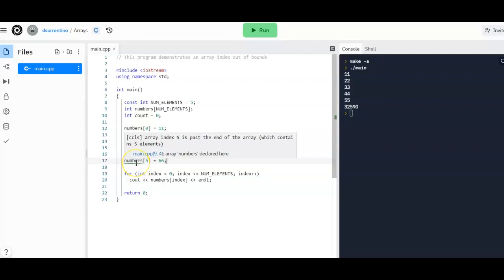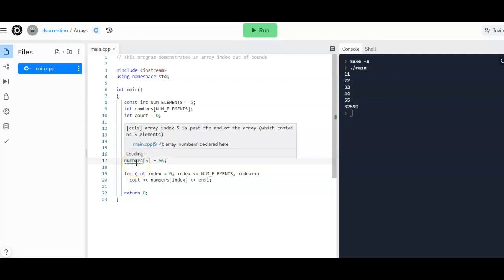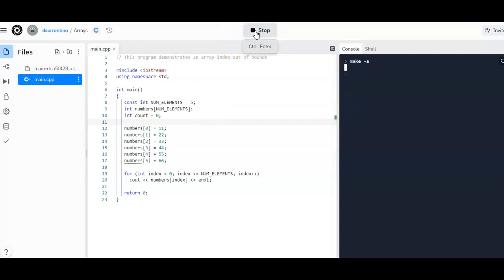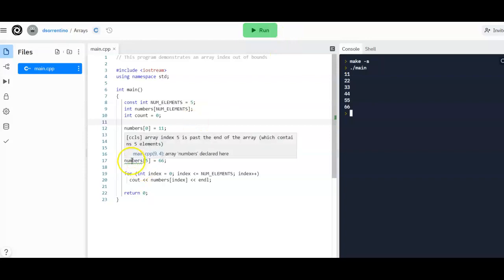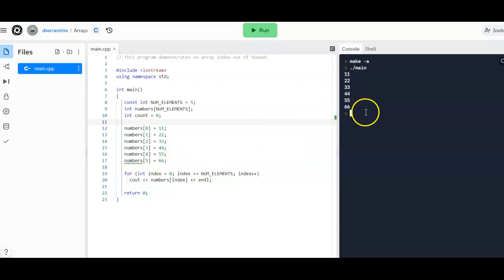this actually gives me a message. Array index 5 is past the end of the array, which contains 5 elements. Oh, that's a good message. So you are getting a message there. Let's see if that's a warning message. It's more of a warning, but that's really a problem because now it will run, it'll display